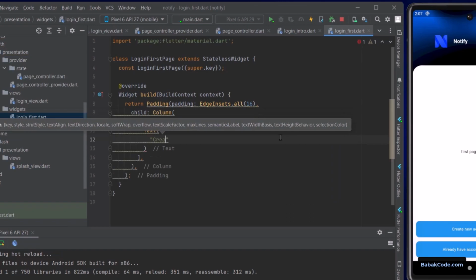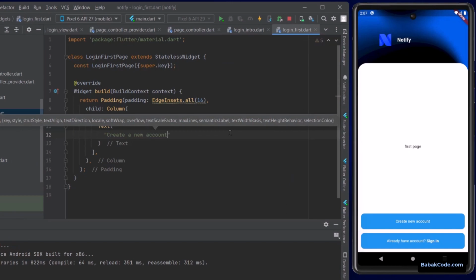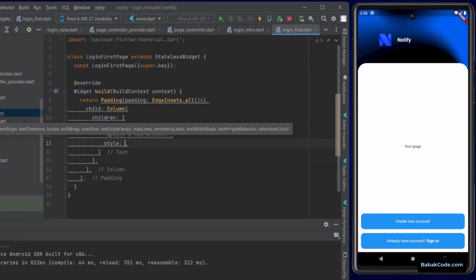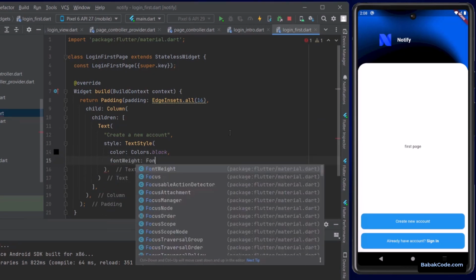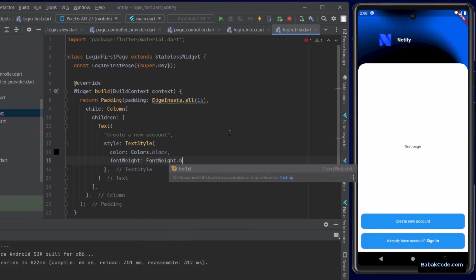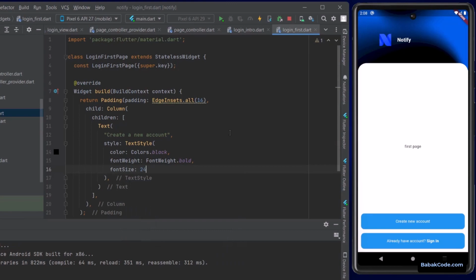For now, let's put a text widget in it and create a new account for its text. Then change the color to black and font weight to bold. It's better to increase its font size. For example, I put 24